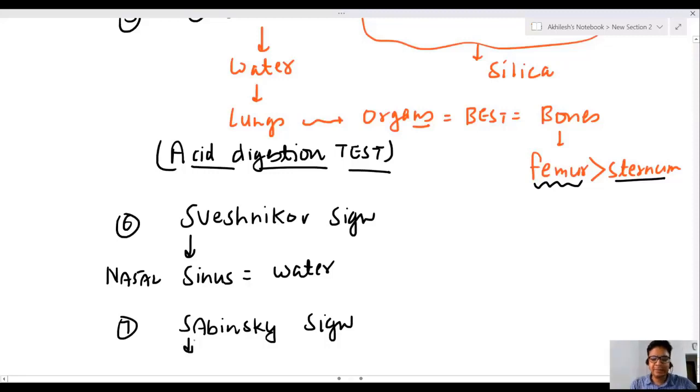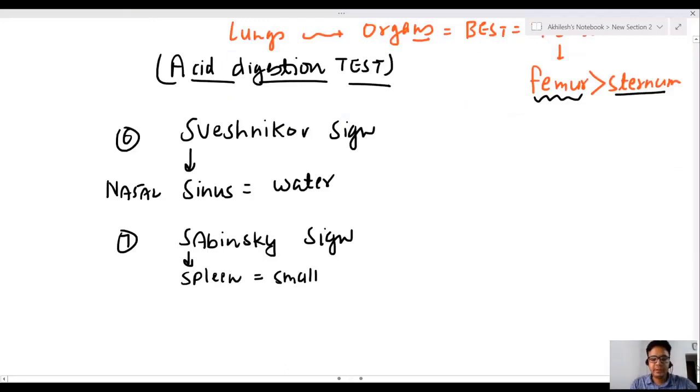As for Sabinski, as for small spleen, spleen size is small, has become after drowning. This is known as Sabinski sign. 8th is Sehat sign. As for Sehat,